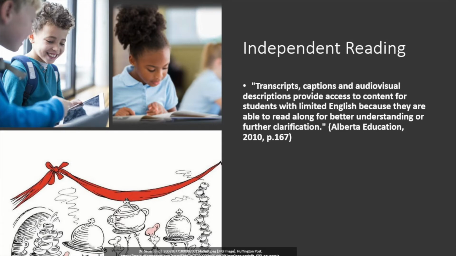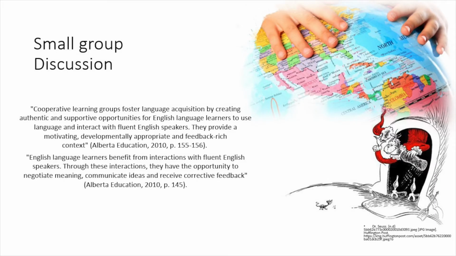This method removes language barriers as the students can gain full understanding of the content before discussing it with their peers. To leverage social integration, the students will then work in small groups of 3 or 4 to discuss their findings. This kind of grouping assists English language learners in negotiating meaning while presenting natural opportunities for English-speaking peers to scaffold language development. When gathering in small groups, students can incorporate their personal strengths based on their personal interests and past experiences. Combining the strengths of each group member will help clarify the story and activity to a deeper understanding.